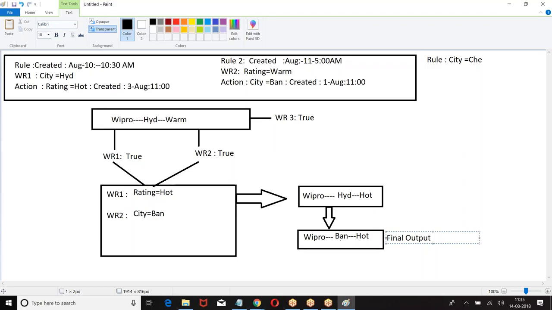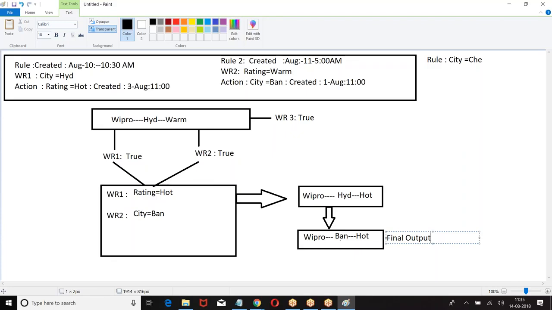What was this? When you have multiple workflow rules, check all the rules first. Now out of this, whichever rule is true, collect their actions. After collecting their actions, run those actions as per the workflow rule created date.